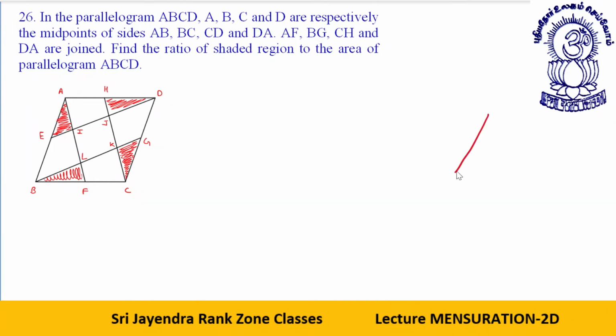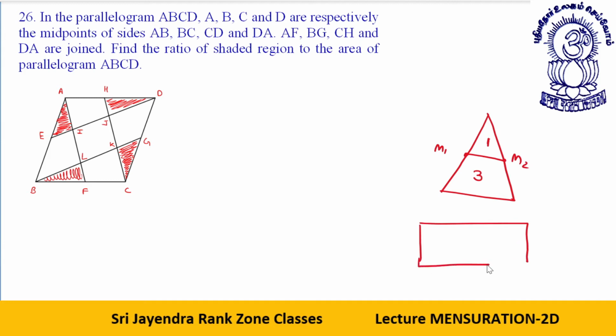First basic, let's say you have a triangle like this. I join this. I take the midpoints, okay, these are M1 and M2. I have already taught you in such a case what happens. The area of the above portion is 1, the area of the below portion is 3. The other thing, my dear students, is suppose this is a rectangle or a parallelogram. What happens if you join the midpoints from here to here? If the full area is 4A, this area will be 2A, this area will be 2A.